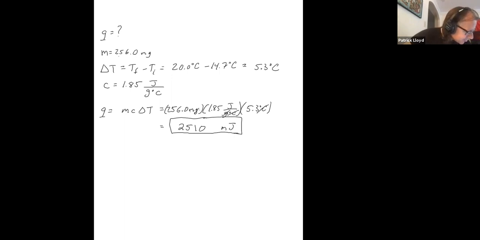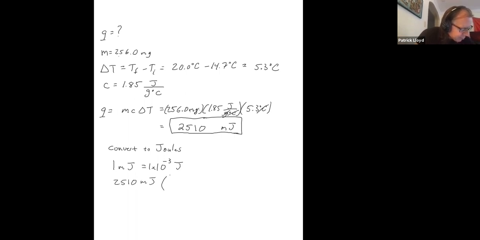So let's try that. So let's convert to joules. Well, 1 millijoule is 10 to the minus 3 joules. 1 times 10 to the minus 3 joules, okay? So let's convert it, 2510